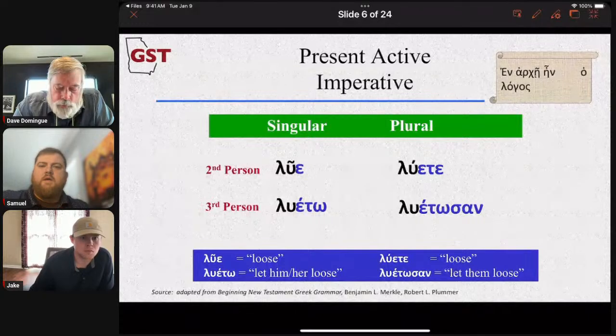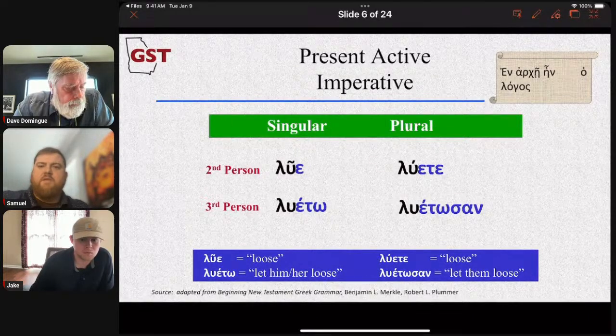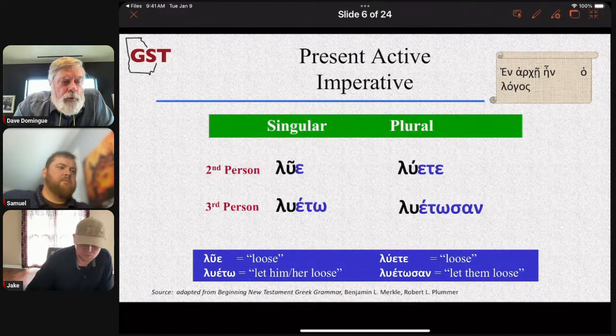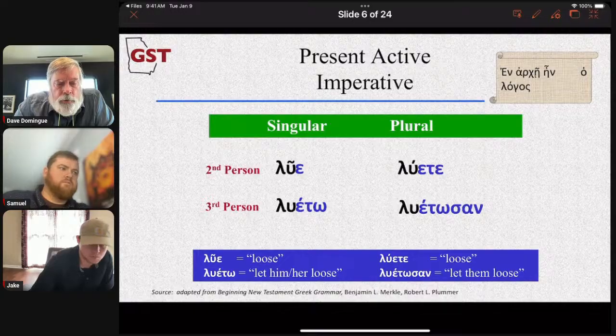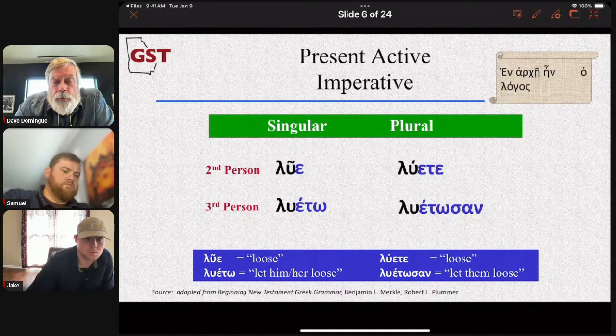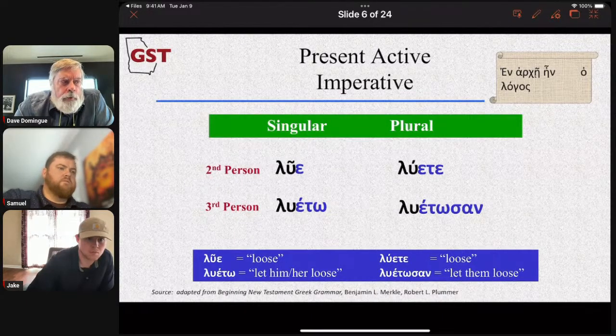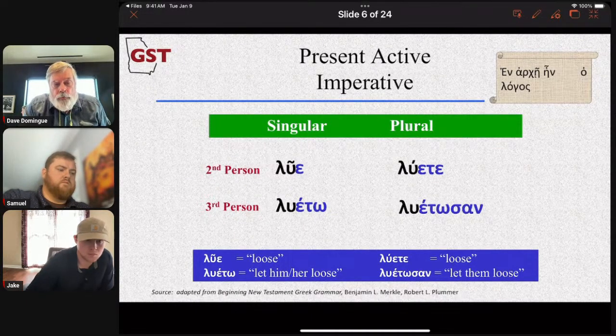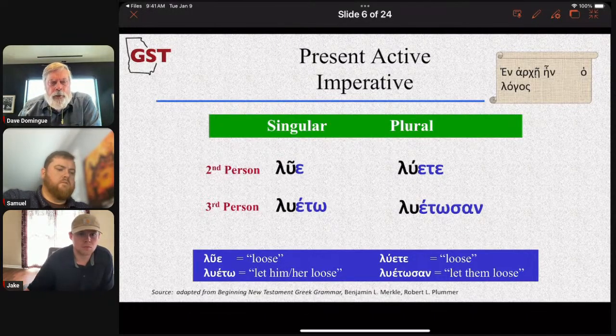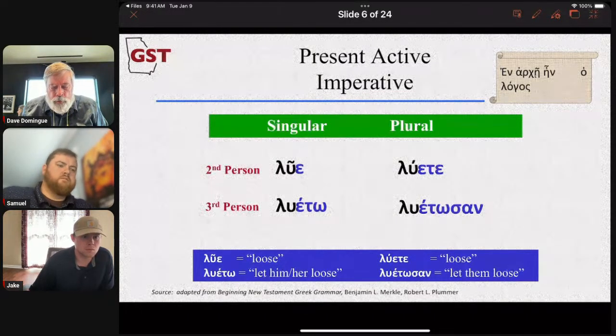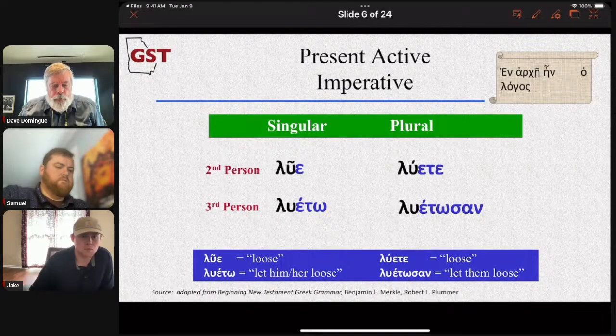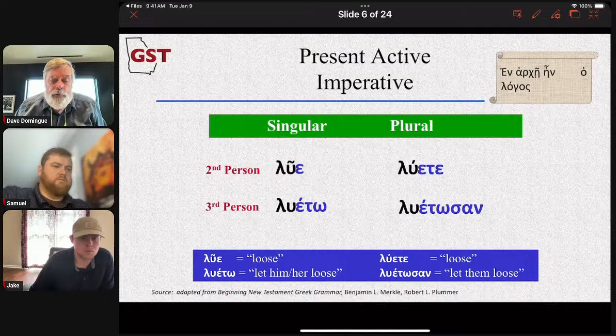So that just makes me think that context is going to play big into it. Absolutely. That's why translation is both a science and an art. Sometimes knowing Greek doesn't give you the answer. Sometimes it makes it harder. In English, someone's already done the work for you, but if you look at one translation versus another, one might make it more of a command, one might make it more indicative. I'm not sure of an example of that case, but let's just go that path for now. That's because there's some variability or flexibility in how you interpret that.